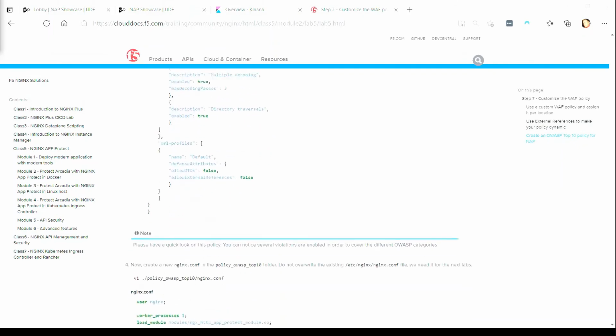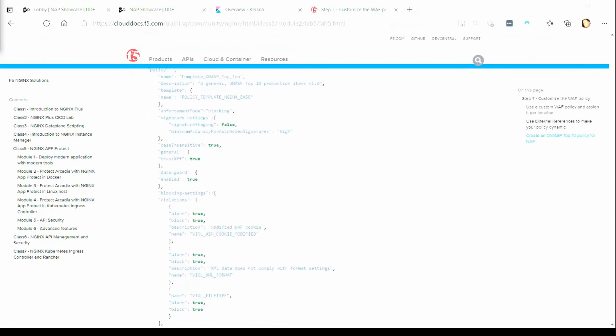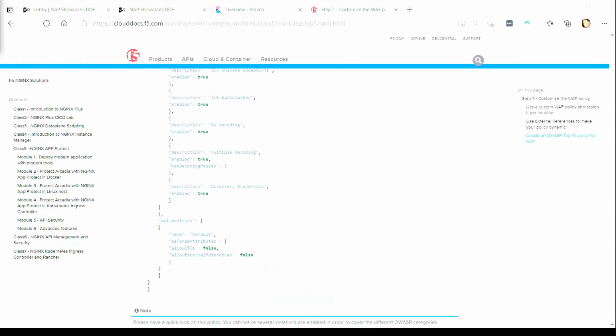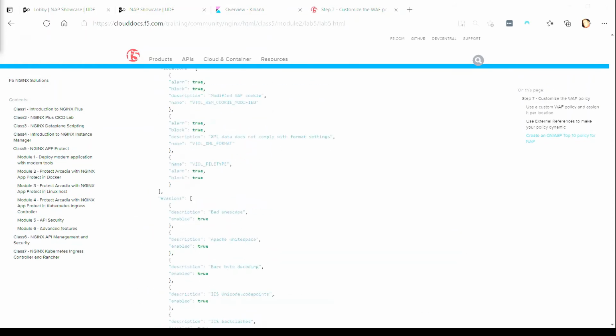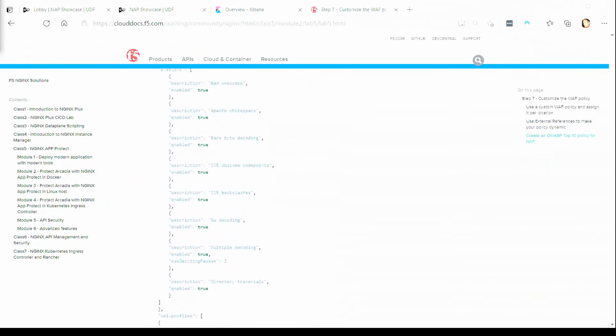I just want to make sure that we get as close to the 100 mark as we wanted to at the end of this. It's not doing anything different than what we've already done, except it's pulling in the OWASP top 10 rule sets. Feel free to copy this one out. It's actually handy to have the JSON file on hand.